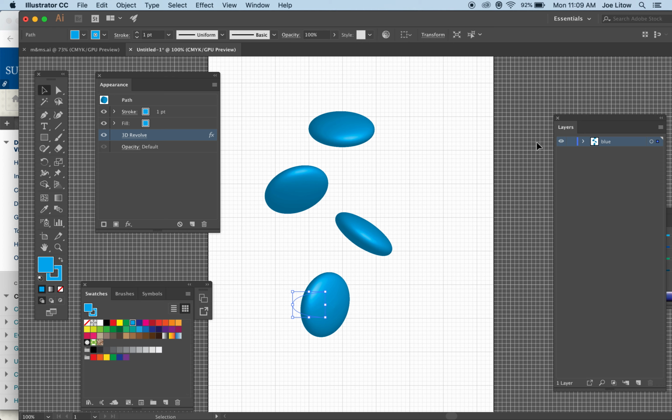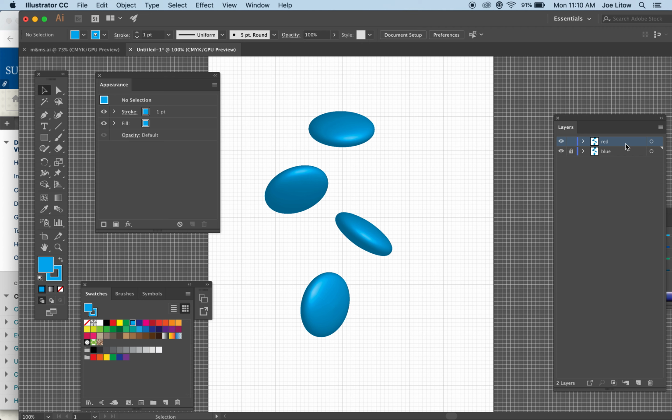Now, next thing we're going to do is copy select all of the M&Ms on our blue layer. So go Command or Control A, and actually we don't have to do that. So let's click outside, point to your blue layer, drag it down to the new layer button, and we're going to make this one, double click this one, and call it, I'm going to call this one red, and hit return. Now in the red layer, I'm going to lock the blue,